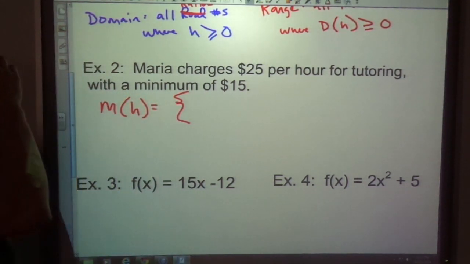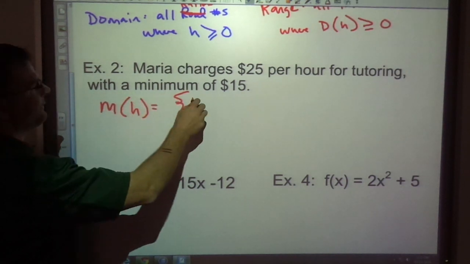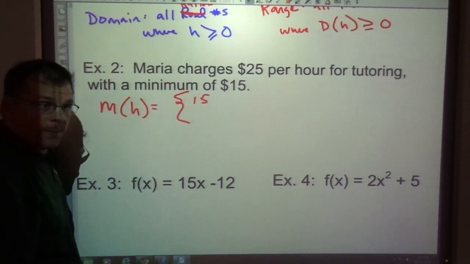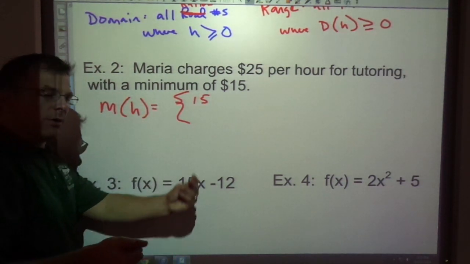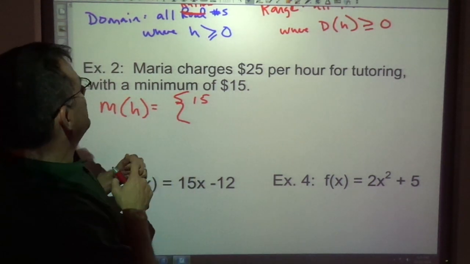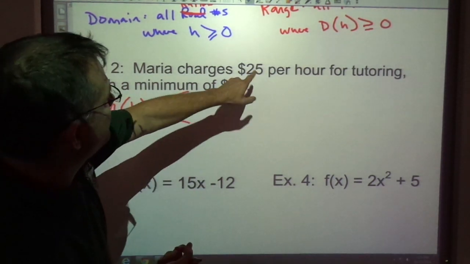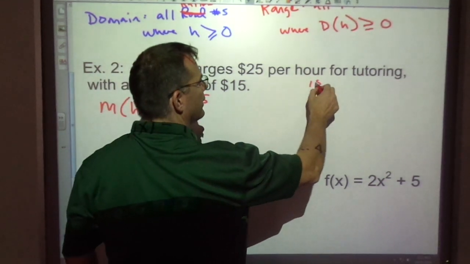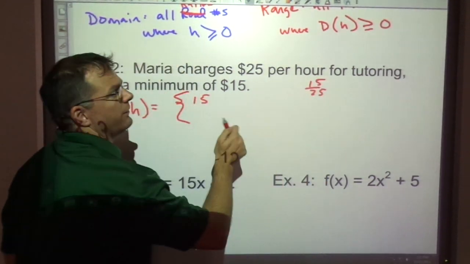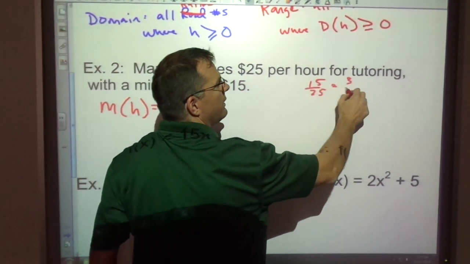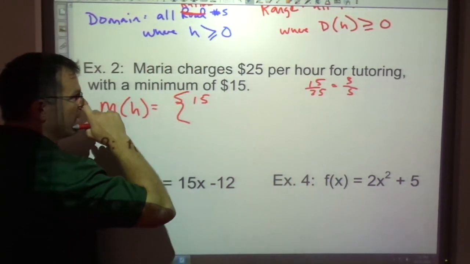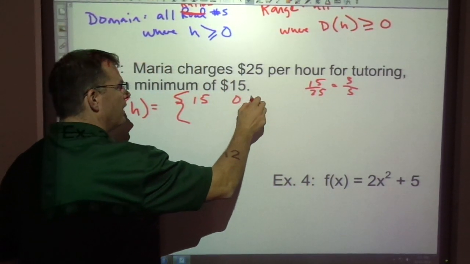Okay. If she will make $15 as a minimum, and that is if she works anywhere from 0 to, it looks like 15/25ths of an hour. Can I simplify that? 15/25ths reduces to 3/5. So if she works from 0 hours up to